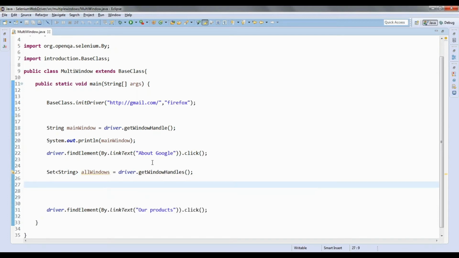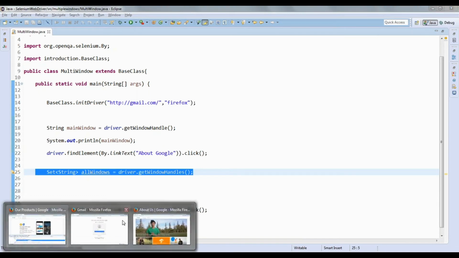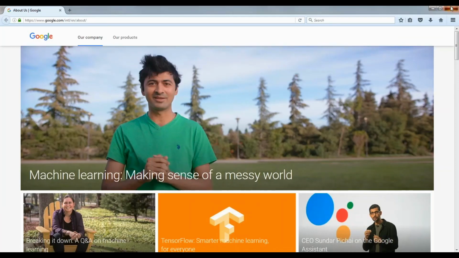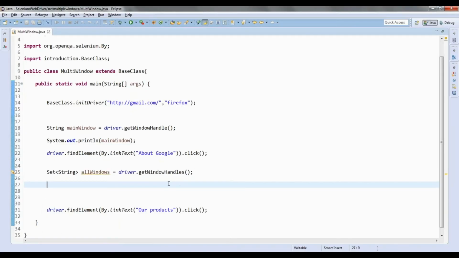So how exactly will the ID be generated? Whenever we perform this getWindowHandles, for each and every window which is open, Selenium will assign a unique window ID, and those window IDs of each and every window will be returned here.